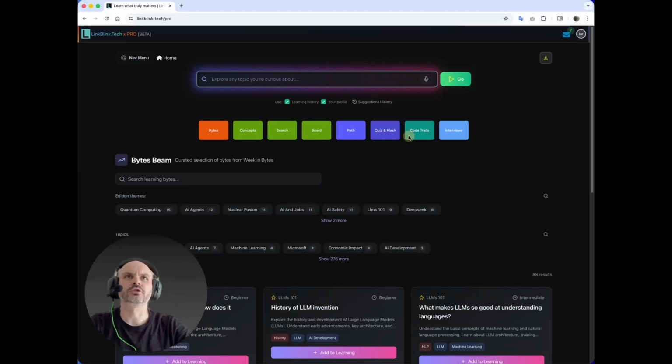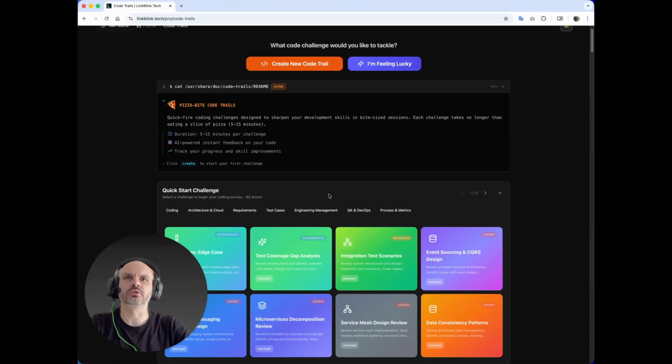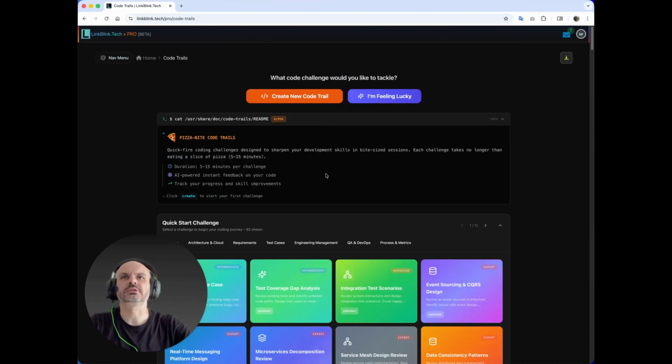Hi everybody, so today we're going to do a code trail specifically for the architecture. The code trails are really kind of a slice of pizza kind of exercises where you go through a specific logical trail, and it could be code, it could also be engineering diagramming and DevOps, SRE, anything engineering management related as well, where you go from the initial state of the things towards the desired state by using AI Copilot helping you transform the case from being not super great to something really great and satisfying the